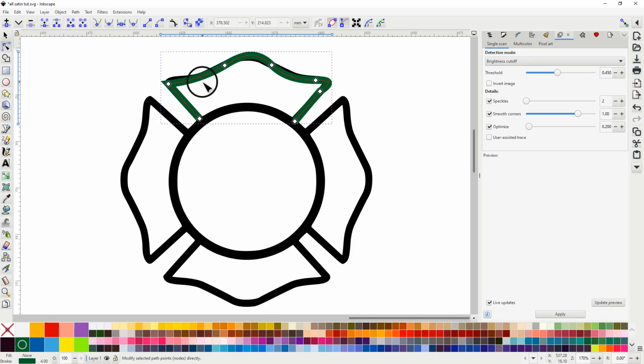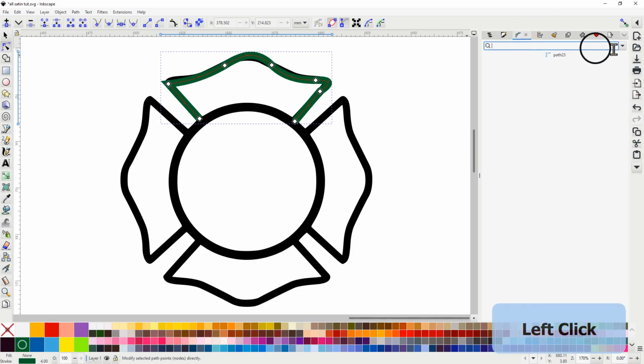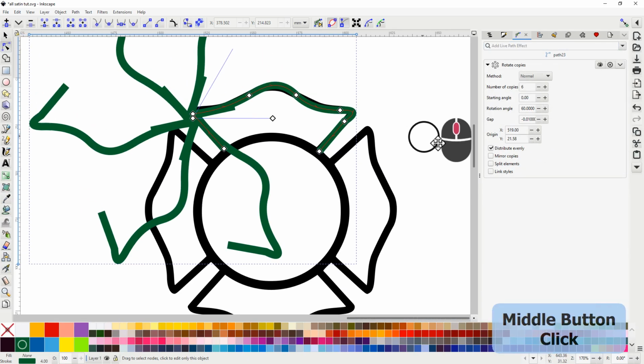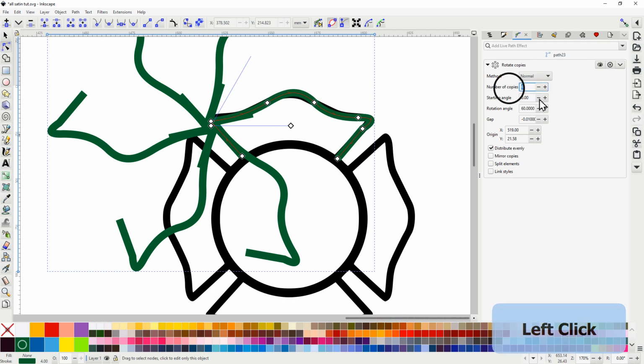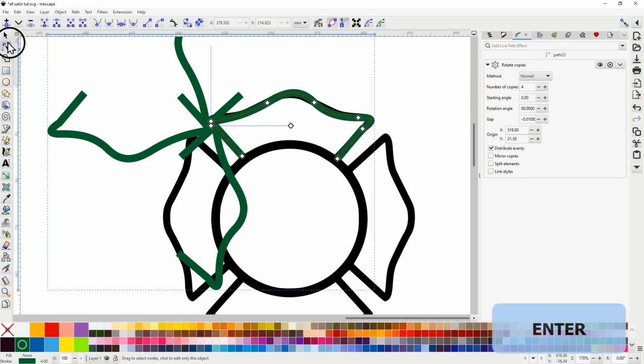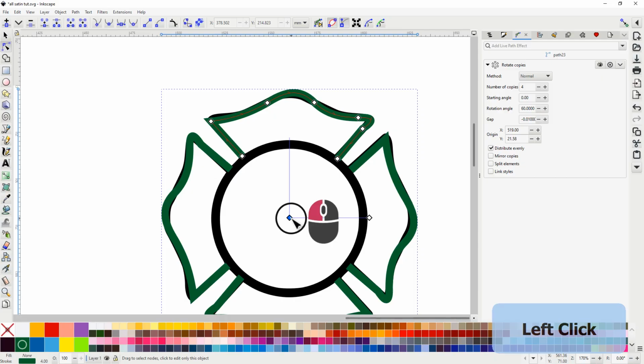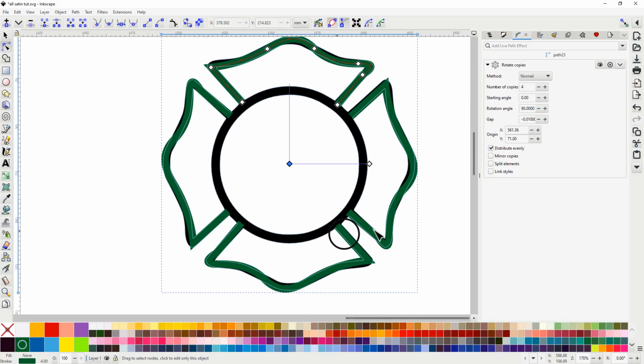But I can stop here for a moment too, go to my path effects, and I can go to my rotate copies, and then I can enter how many copies I need. I would need 4 copies. So I press 4 and do the enter button, go to my node select tool, and I will go and drag my node into place, and there you can see I have all 4